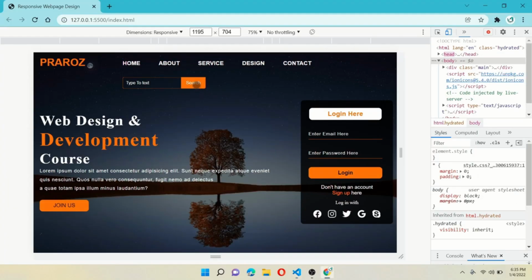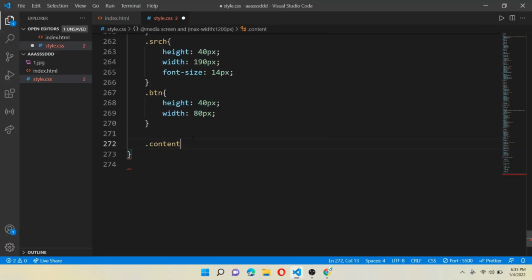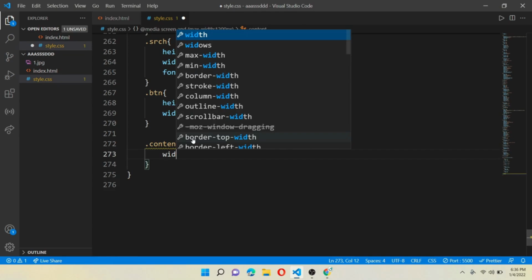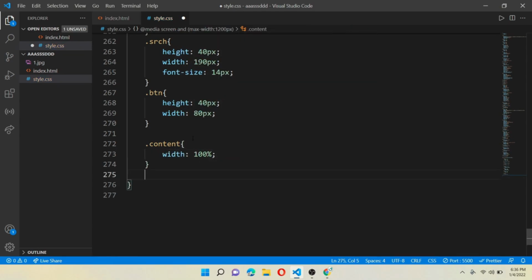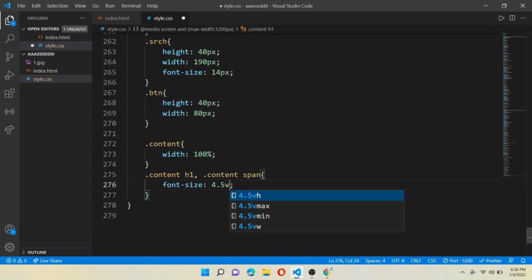So now we will work on the description part. For that, write class content, then give width equals 100%, and write another class content with h1 tag, comma, class content with span. Now give a font size equals 4.5 vw.